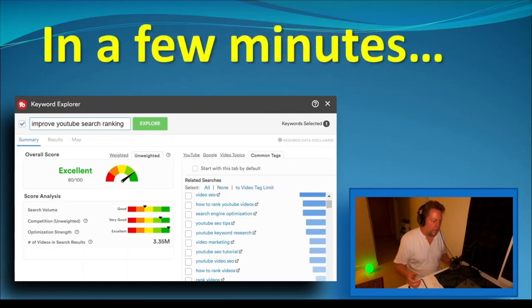Okay, so let's see what's next. In a few minutes, I'm going to go on my TubeBuddy and do a couple of searches, build some keyword phrases, and show you how I structure it. It takes a little bit of time, but it's important to see the whole process, because if you don't see the whole process, then you don't really understand the proper way to do all of this. So in a couple of minutes, I'm going to open up my TubeBuddy and show you exactly how I do a search.